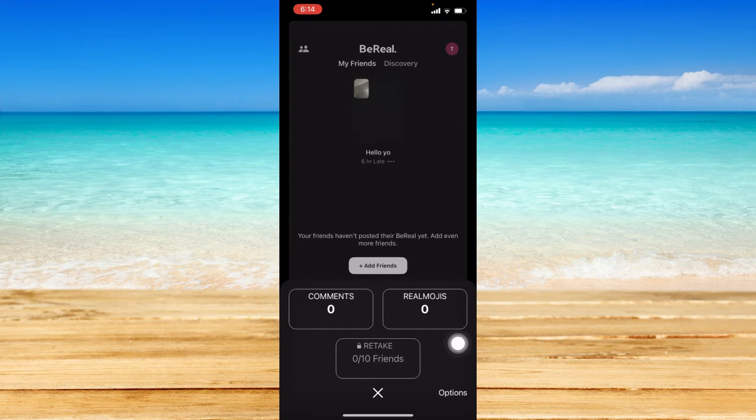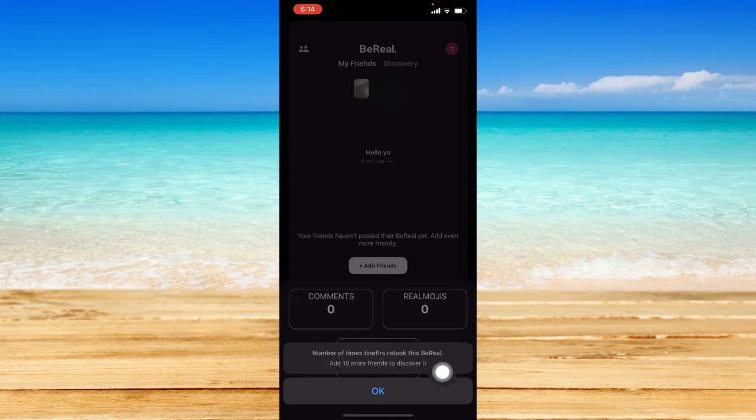Once I click on this one, it should show the number of times you have retaken the BeReal. Since it is still locked on mine, it says to add 10 more friends to discover it. If it is still locked on yours as well, you should go ahead and add 10 more friends so that this feature will be unlocked and you'll be able to see retakes on your BeReal,